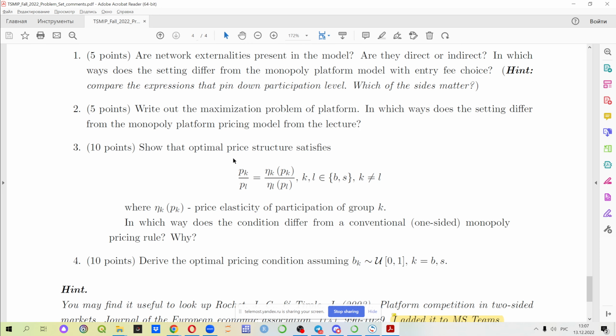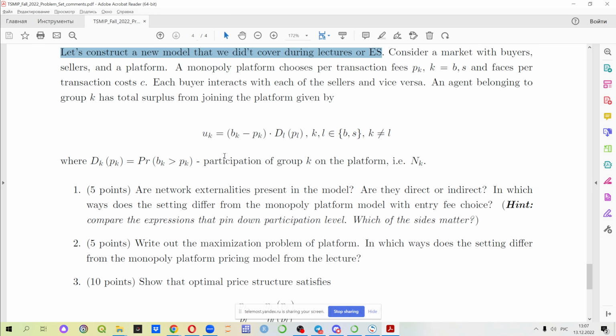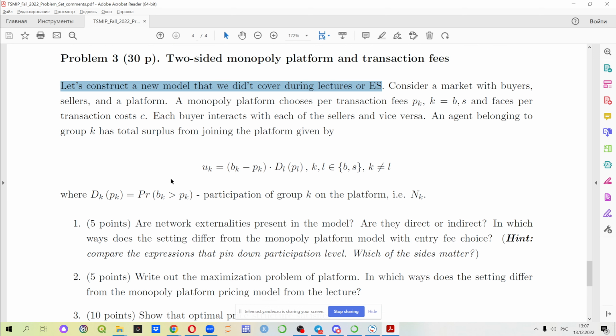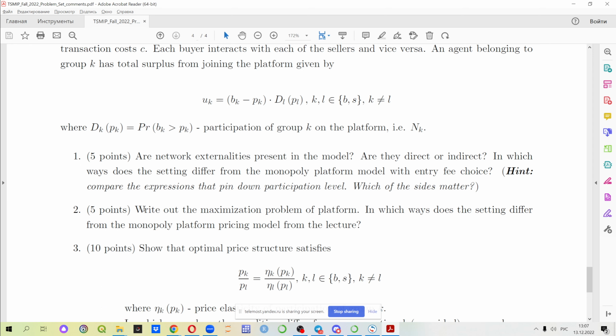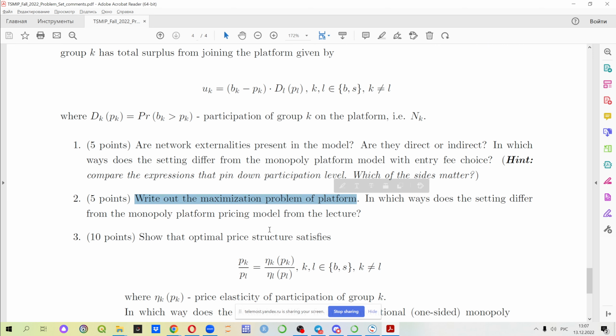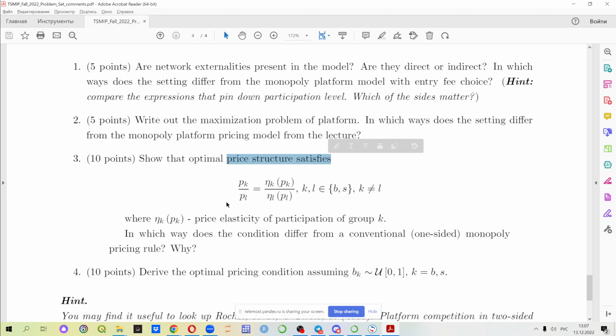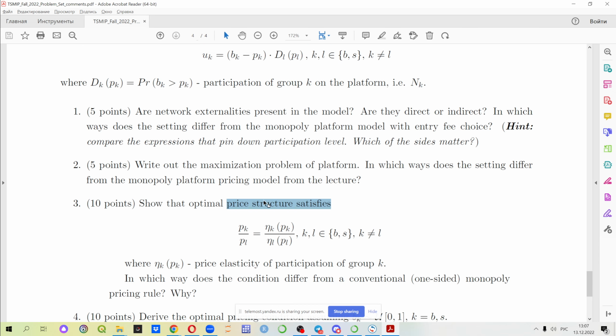So then you have participation, a number of participants of group K. So it's like a network effect. What is B here? Price maximization problem and optimal price structure. You should do the same: the maximization problem that takes first order derivatives, and then